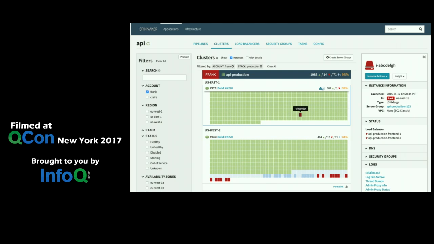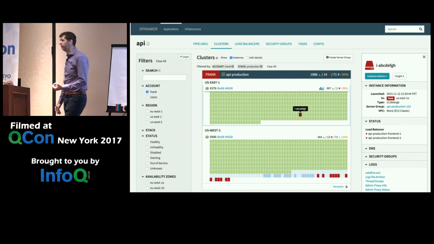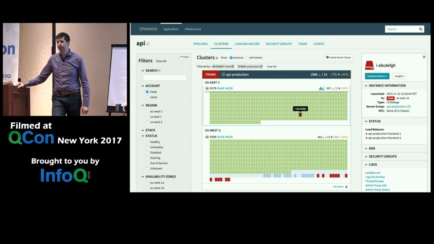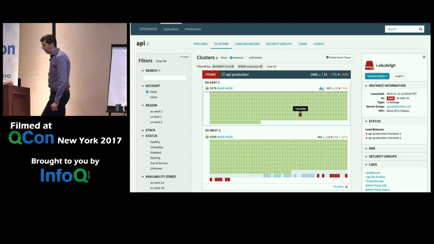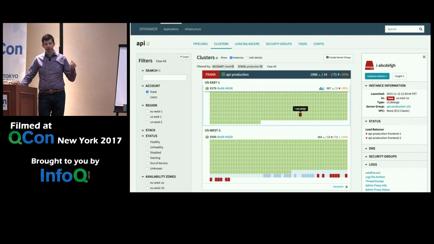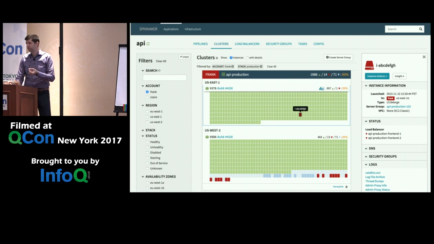So at Netflix, we use a tool called Spinnaker for our continuous deployment systems. And here's just an example. Each of these little rectangles represents an instance in the cloud. And what I'm showing here is you've got one rectangle that's red. So when you have a scenario like that, sometimes you want to SSH into that system and figure out what's going on. Why is that system not healthy? Well, I'll have a demo later that walks you through exactly how we do this. But the bottom line is that when you SSH from your laptop into that instance, you ideally should be authenticating to prove that you're someone that's allowed to do this. And how should you do that?